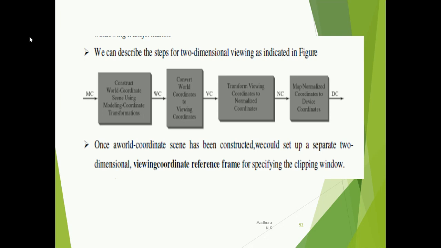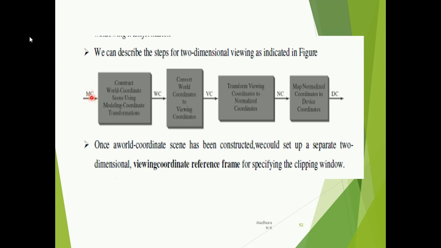Sometimes this transformation is also called window to viewport transformation or windowing transformation. Let us see the viewing transformation pipeline figure. Initially your object will be defined in the form of MC, that is modeling coordinates.